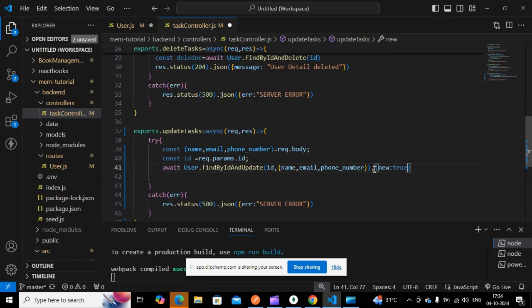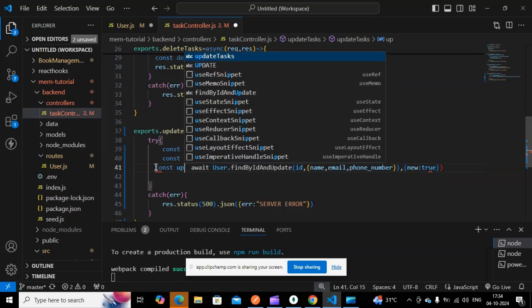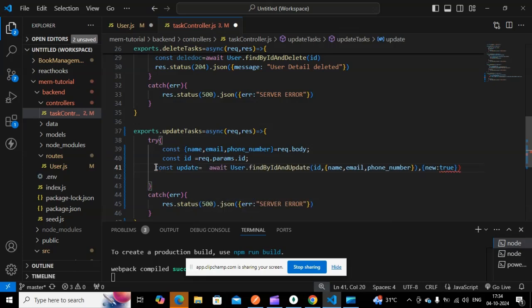That is why I'm giving new here. So I have to close this. And here I store it in some constant: const update equals, here I have to give name, email, phone number, and new: true.